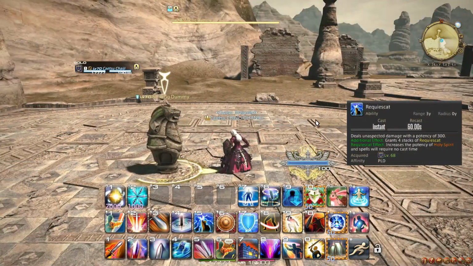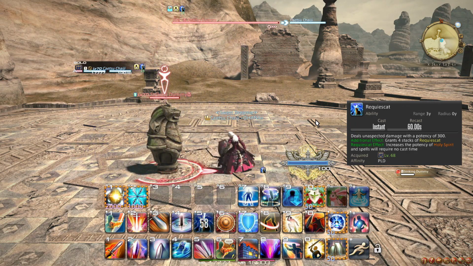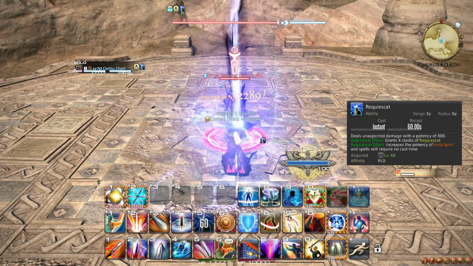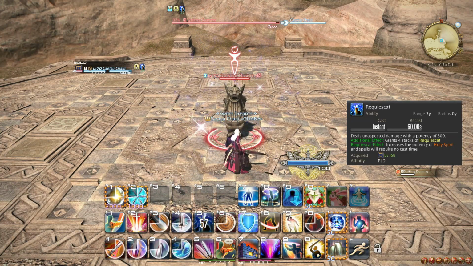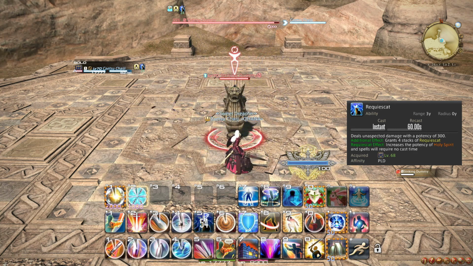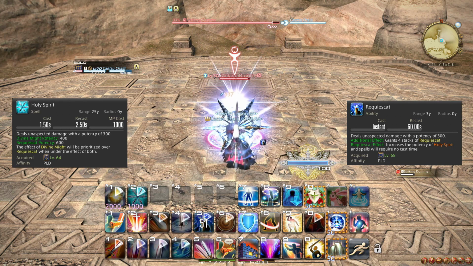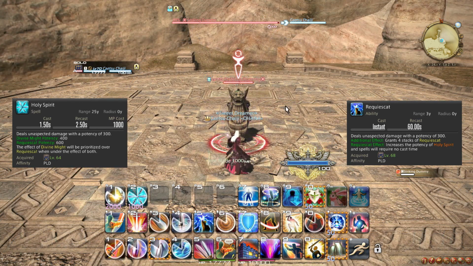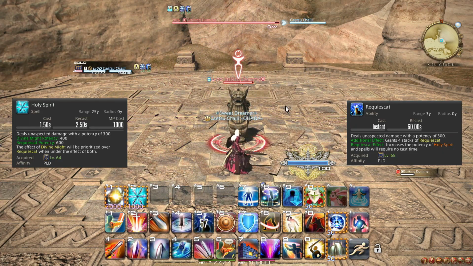At level 68, you learn the ability Requiescent, which does some damage, which is affected by Fight or Flight, and grants you 4 stacks of the Requiescent buff. Take note that Requiescent's cooldown lines up perfectly with Fight or Flight, so it should be used in every Fight or Flight window. The Requiescent buff causes Holy Spirit to do nearly double the damage and also have no cast time. While not particularly important right now, take note that Divine Might is spent first should you have both buffs,